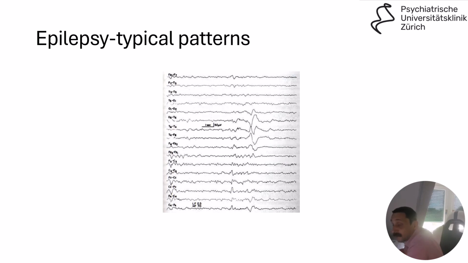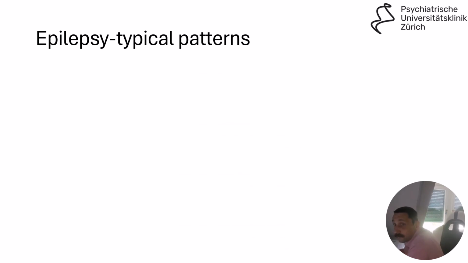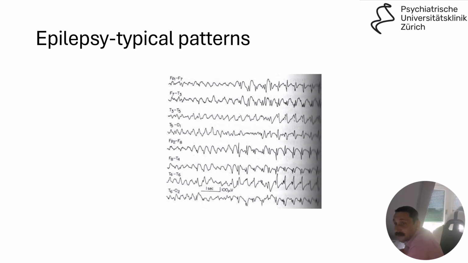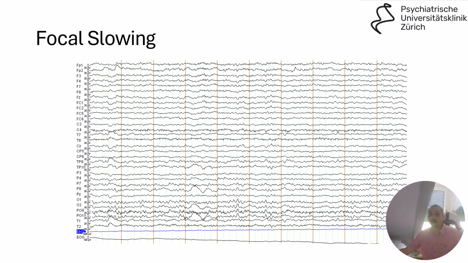And again, it should occur over several electrodes. And then you have the polyspikes and wave complex, and here you see the spike and the wave complex. So you have a spike and then you have the waves again over several electrodes. And then we leave the epilepsy typical patterns and we look toward the slowings, which could occur, for example, as